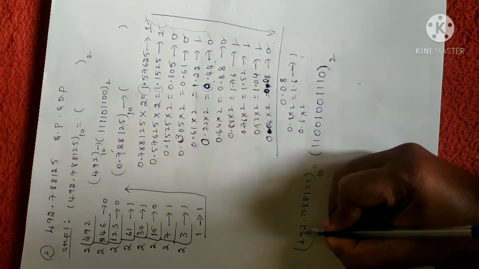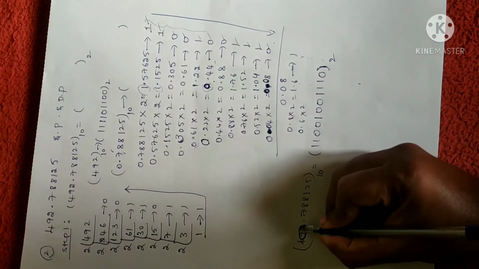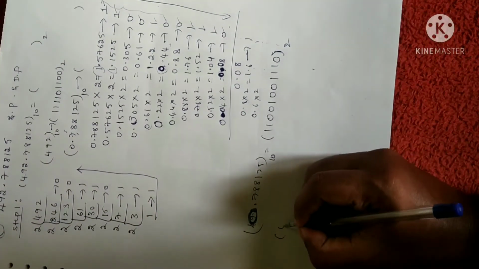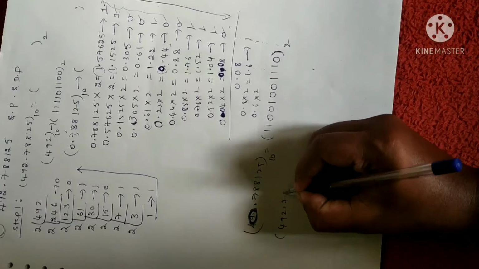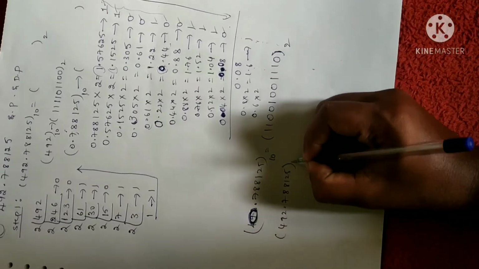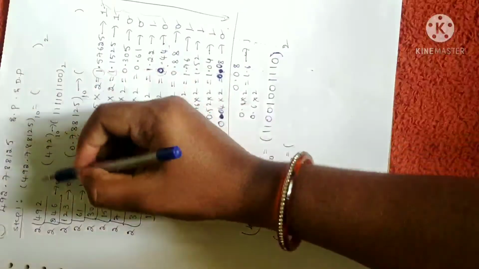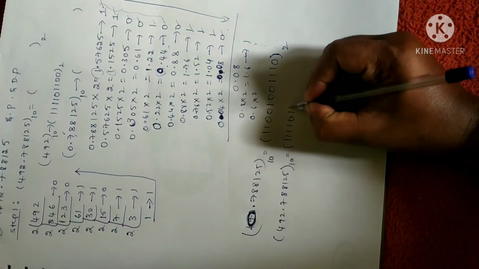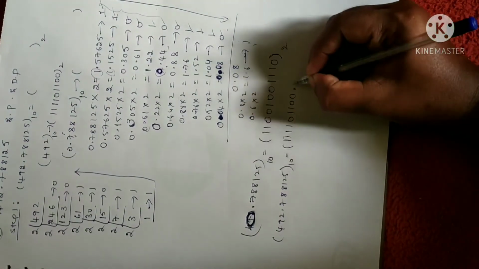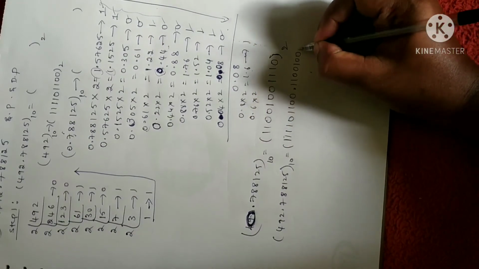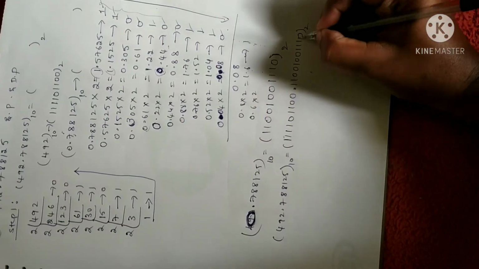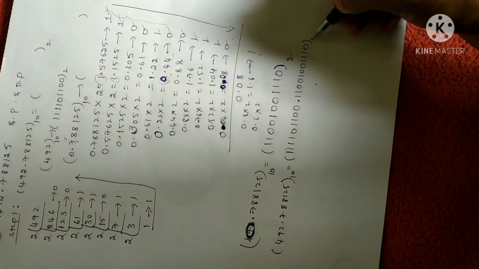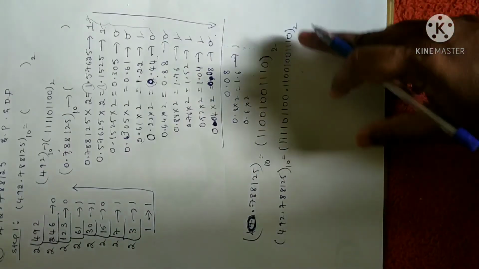For decimal, only for decimal number it is 0.788125 in decimal. Now let me write the total value. 492.788125 in terms of decimal is going to be converted to binary form. I have written here 4 ones 0 1100 point 1100 100 111 02. So if you continue further, you will get a sequence of ones and zeros. So it will be of infinite terms. So I'll stop here itself.